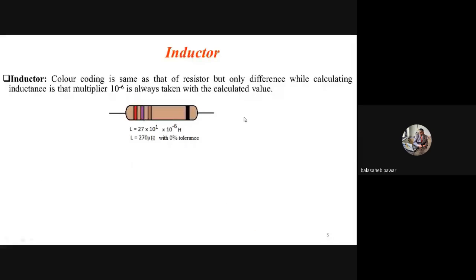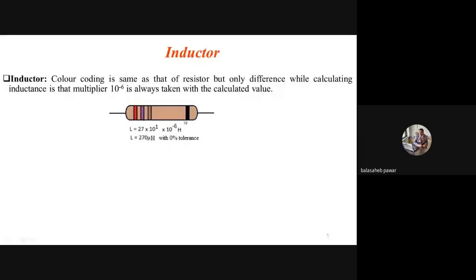So see, you might have seen such a device in our lab. Inductors are available in our lab, which look like resistors, like our CFR or MFR. How is the inductance of such an inductor to be determined? In the example I took, the color coding chart is the same as that of a capacitor or resistor. The first one is red, then violet, and then brown, and the last one is for tolerance, which is black.